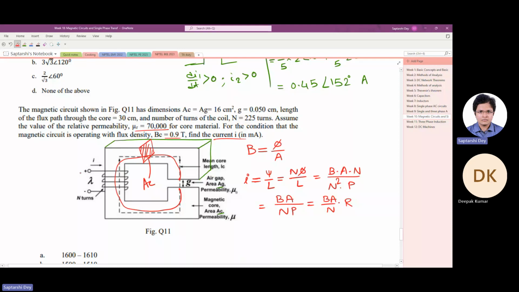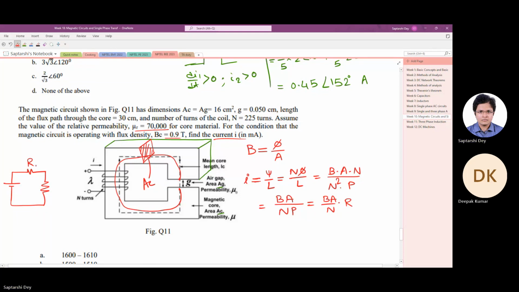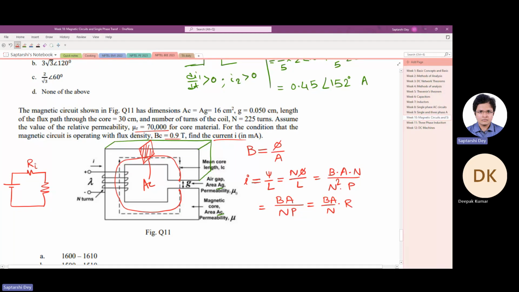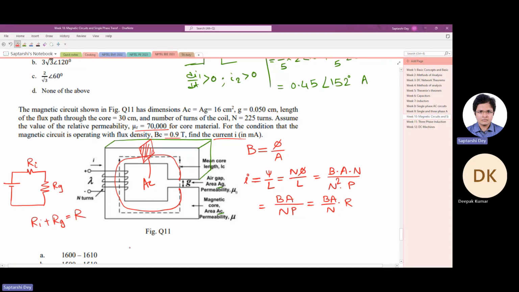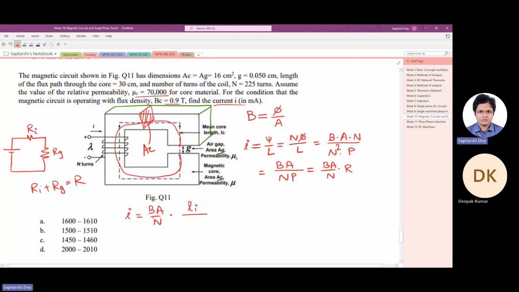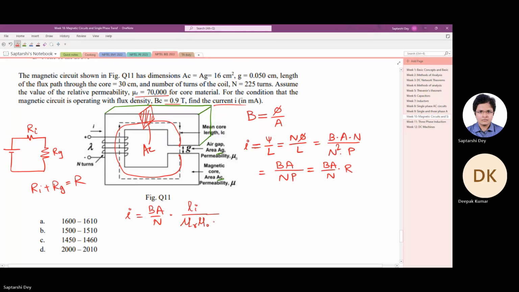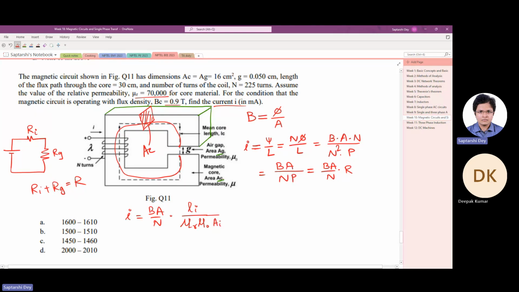Now, what will be the equivalent electrical circuit of this magnetic circuit? We discussed this. It will be like this. So the equivalent reluctance will be a summation of the reluctance of the magnetic core, say I call this Ri, R iron, and R gap. So Ri plus Rg will give you R. So we started from I, so I equals BA by N R. R is, say, length of iron by mu r mu naught times A, area of iron,